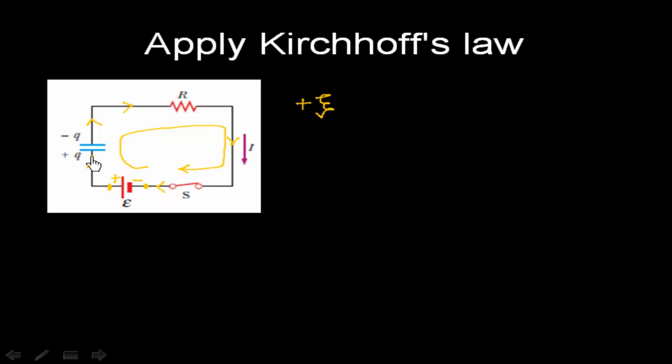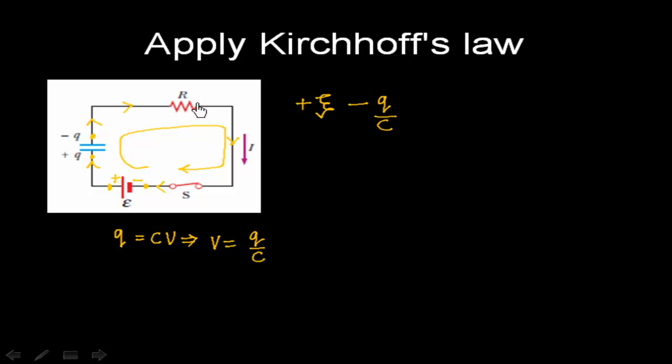Now if I cross this capacitor, I am going from this point to this point. Basically I am going from positive to negative. There is a decrease in potential, so we will have a minus sign. And for a capacitor we know the formula Q equals CV. So from here we can write V is nothing but Q by C. So this V, that is the potential drop across the capacitor, is Q by C.